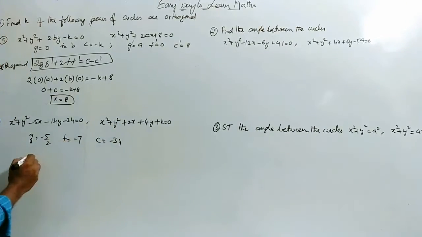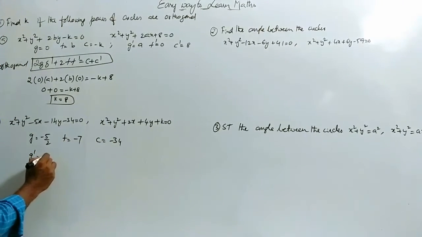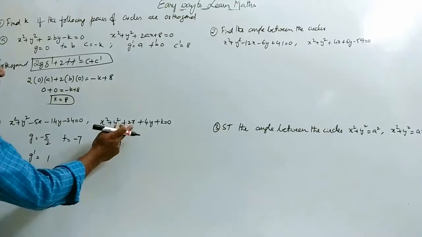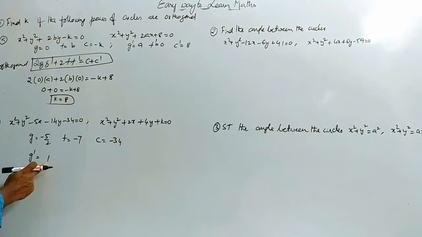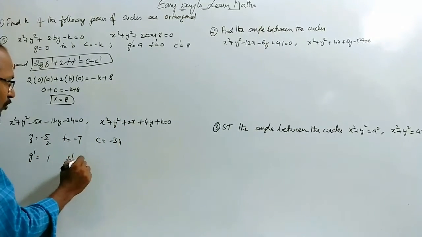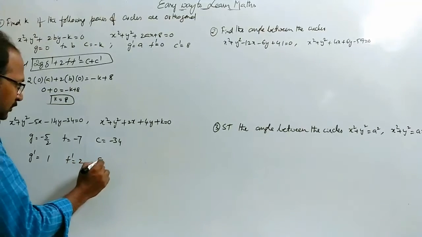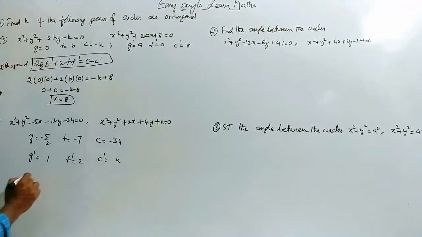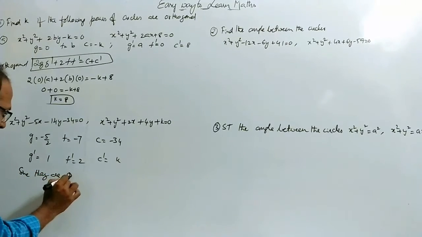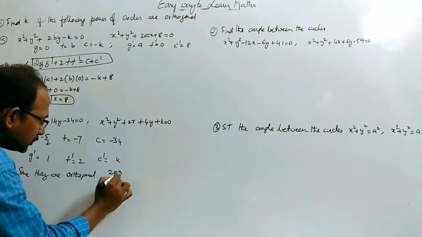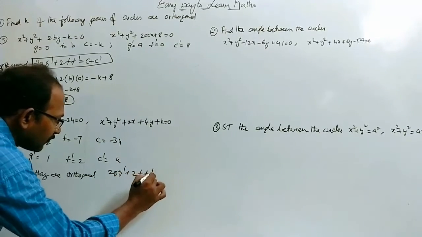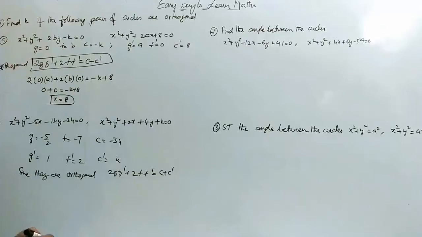For this circle, G dash is equal to 1. The coefficient of x is 2, so 2G dash is equal to 2, therefore G dash is equal to 2 by 2, which is nothing but 1. Here F dash is equal to 2 and C dash is equal to K. Again, since they are orthogonal,